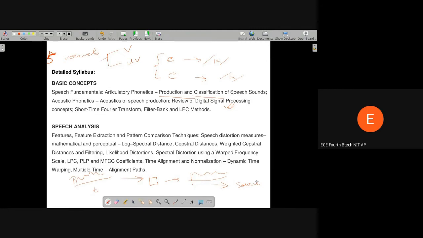It doesn't happen that way. Though we are trying to move towards that direction, it's far away from that. We need some domain knowledge. We need to understand how speech is produced, or how the human ear understands speech, so that we can